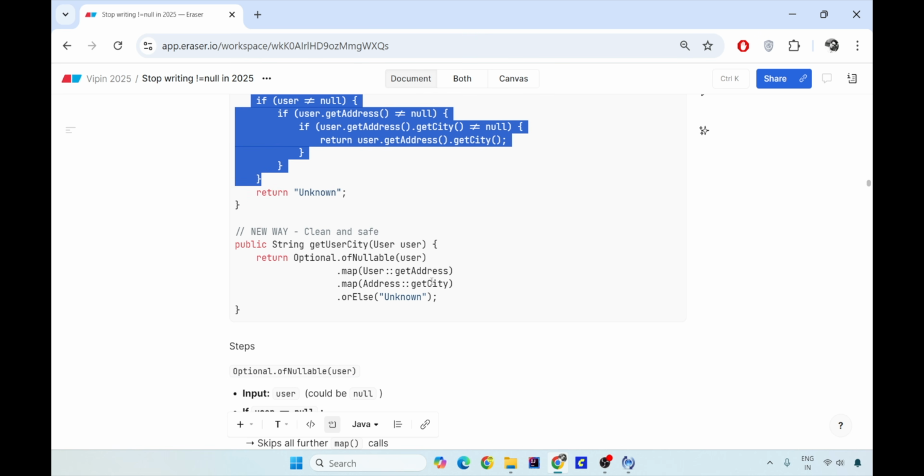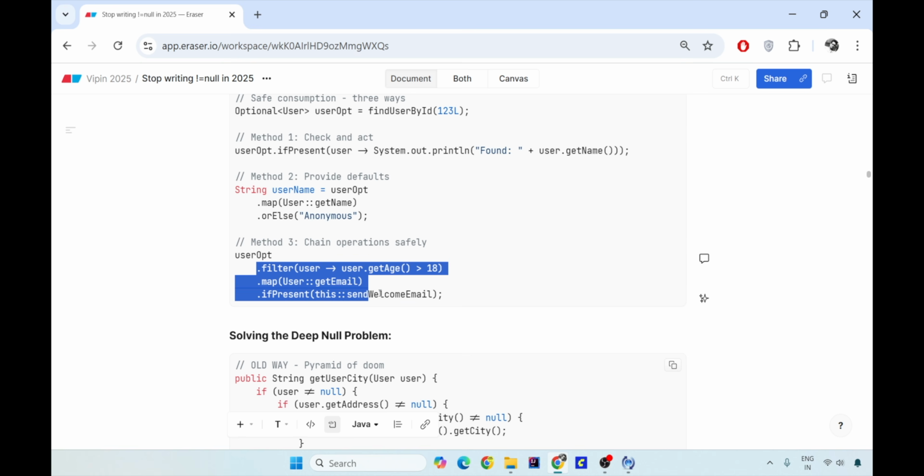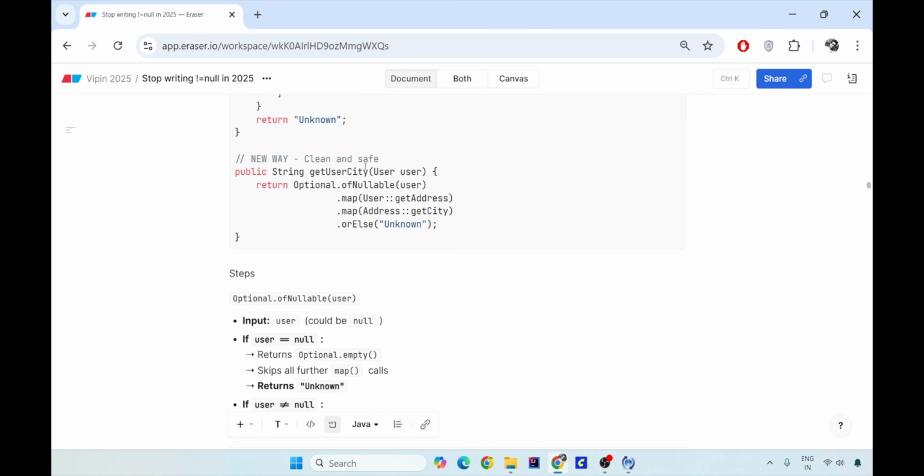Then what is a cleaner way? This can be easily converted into an Optional, something which is a much cleaner, safer and functional way of programming. So what you do is, as soon as you get the user, you create an Optional.ofNullable. And now it is safe for chaining. Like I have shown you here, it is safe for chaining now. So now you can chain it up and map it to get address. Then you will have an address object.